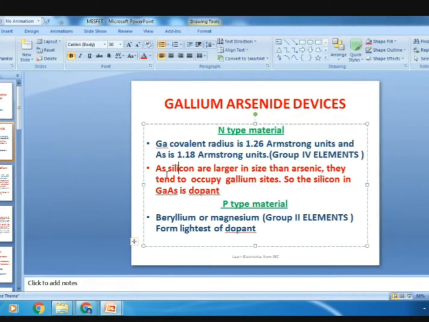That is, silicon's covalent radius is greater than arsenide, so it can't go and occupy that, so it becomes the vacant space, whereas it goes and occupies the gallium sites.